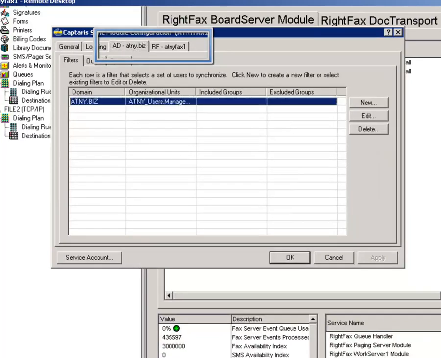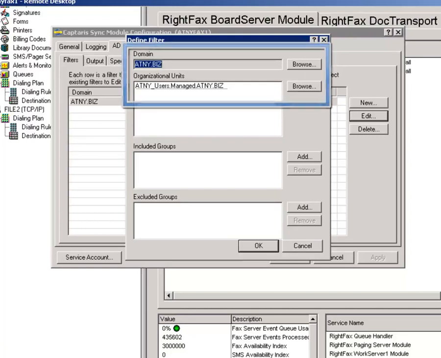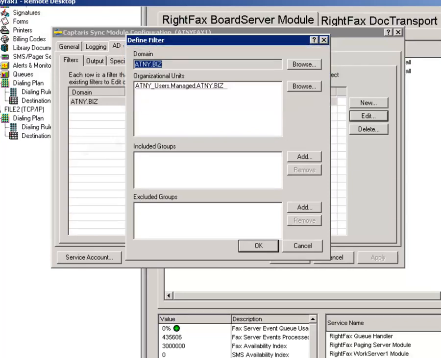So what I'm saying here is I want to pull in from the atny.biz domain, and now I'm filtering just on this OU. So I'm just pulling in users. And I can browse and I can do it by any OU I want, or I can do it by group. So I might have a group called fax users in Active Directory, and I could filter just on those